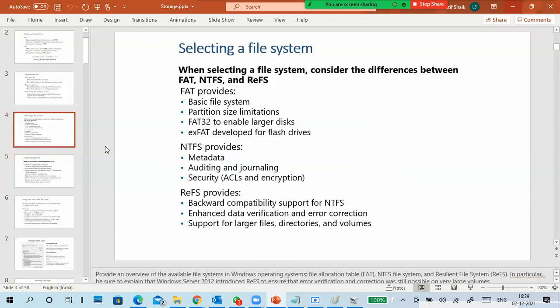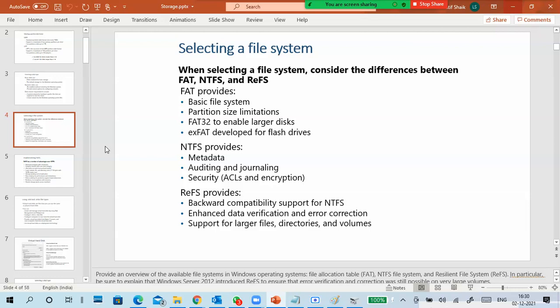FAT is basically a file system, and FAT32 supports a maximum of 32 GB partition size. NTFS supports more than 2 terabytes of partition size, and NTFS has features like security, indexing, compression, encryption, and one more, disk quota.